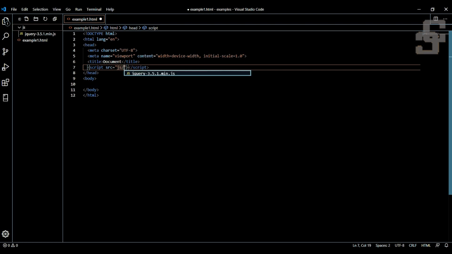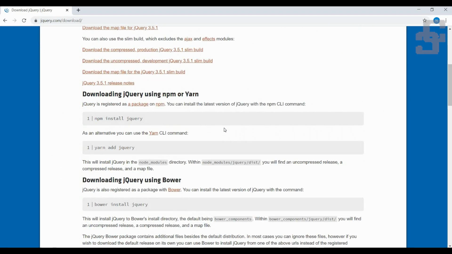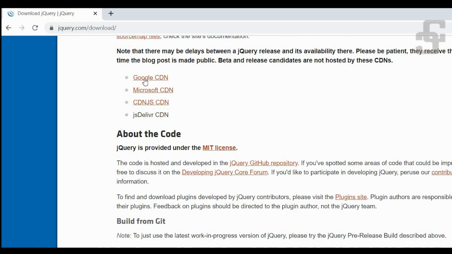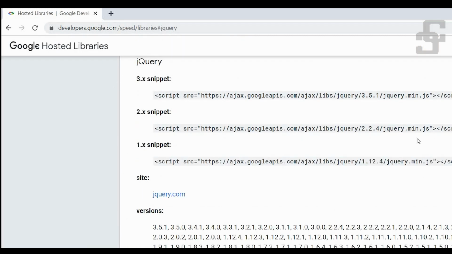You can also link the jQuery library from a public CDN. You can find it here: Google CDN, Microsoft CDN, JS Deliver. If you click on Google, it will redirect to developers.google.com.